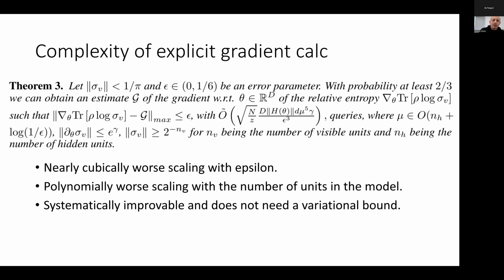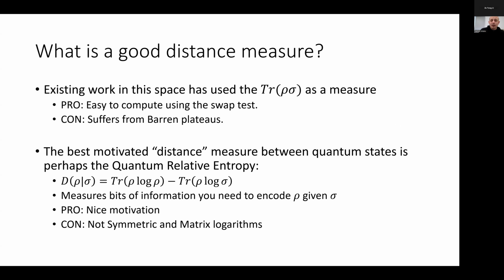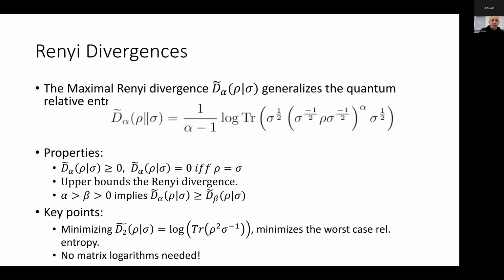But again, we still don't know necessarily how good theoretically it needs to be in order to look at this. One of the things that I want to mention here is that we can also get around this, rather than variational upper bounds, by training with respect to Rayleigh divergences. So these have the property that Rayleigh 2 divergence in particular ends up upper bounding the Rayleigh 1 divergence. And so these have the advantage that they involve the logarithm of trace, not the trace of the logarithm, which